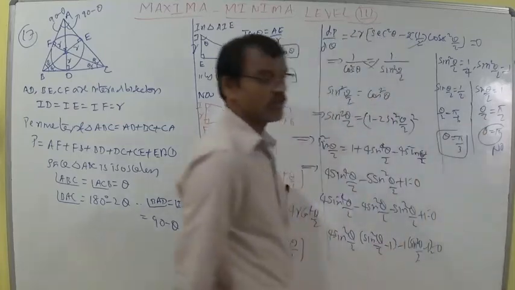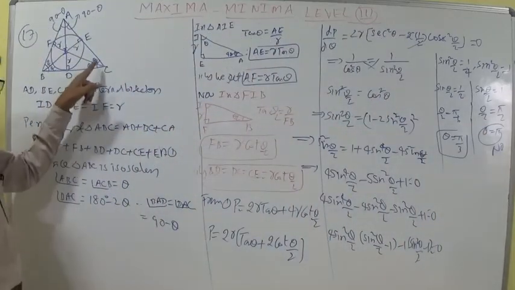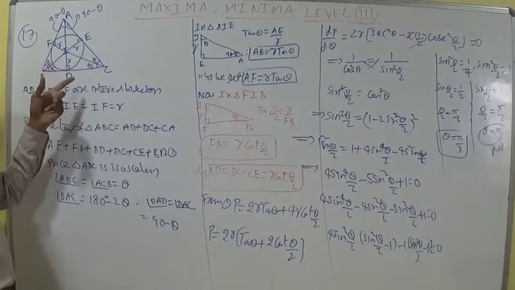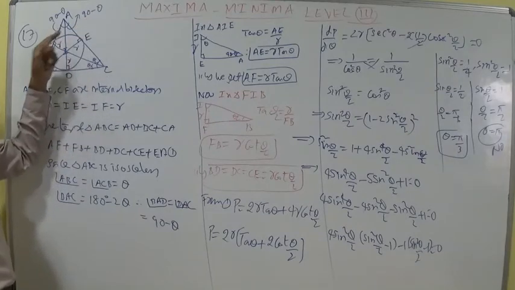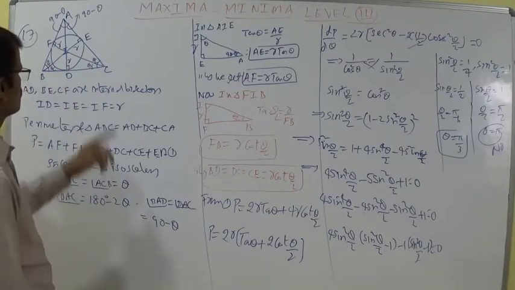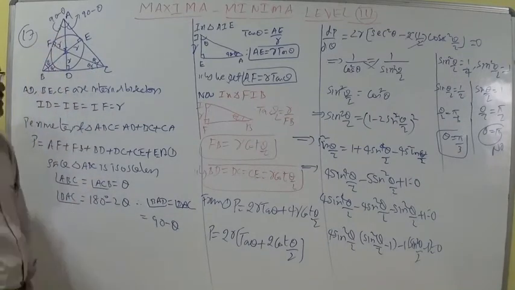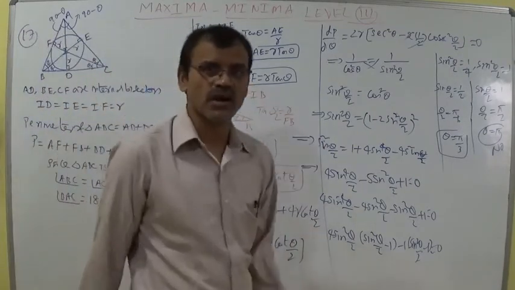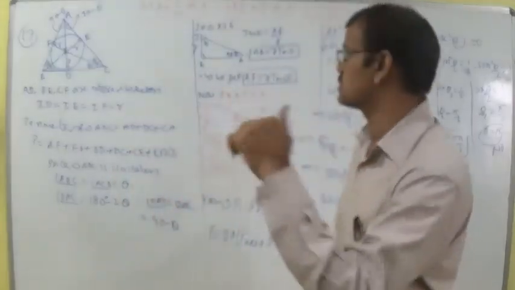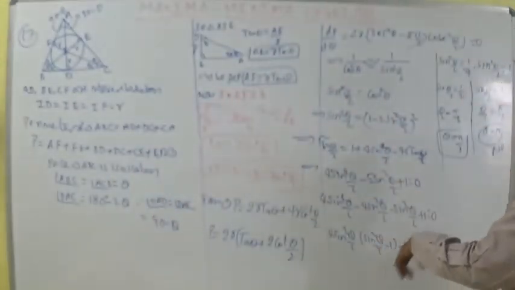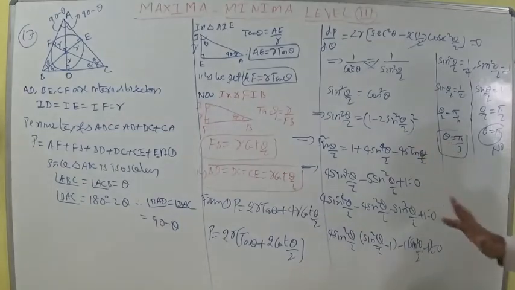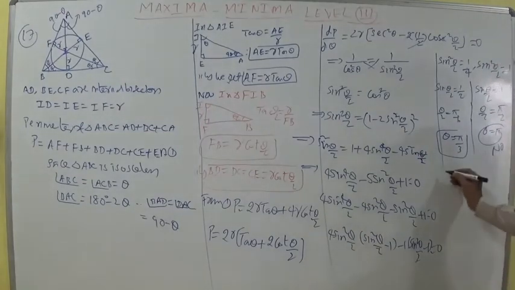Students, theta is equal to pi by 3 we got. So this is pi by 6, pi by 6, pi by 3 and 90 minus theta. So the total is 180. So this is an isosceles triangle. This is 60, this is 60, this is also 60. At last, like the previous sum, we got an equilateral triangle, but the difference is there. Here the perimeter should be calculated. Theta is equal to pi by 3. This became an equilateral triangle. Observe this thing, and we need P.